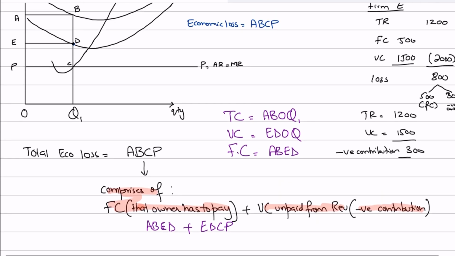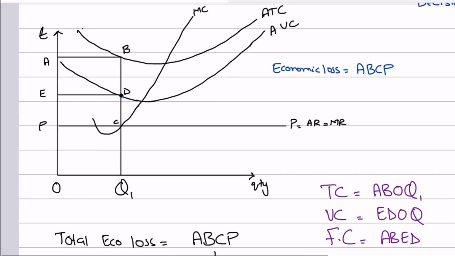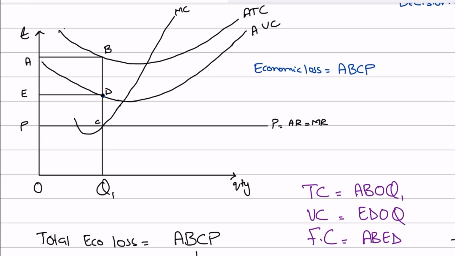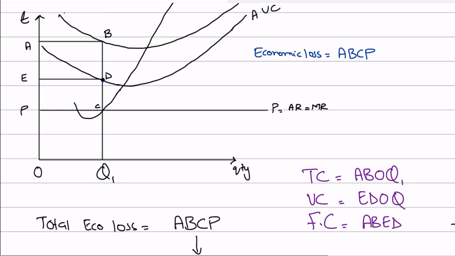The negative contribution represents the loss the owner has to bear in terms of the revenue not being able to fully cover the variable cost. And that is actually equivalent to this area, EPCD. Why? Because I've just told you that this is my total variable cost ka box, right? And this is my revenue ka box, which means that this is my negative contribution. सही है. So negative contribution कितना है? Negative contribution है ये आपका